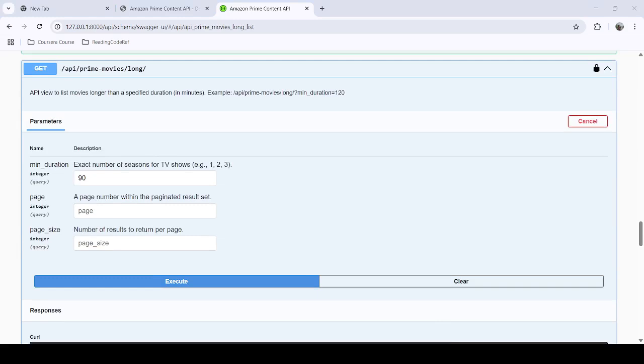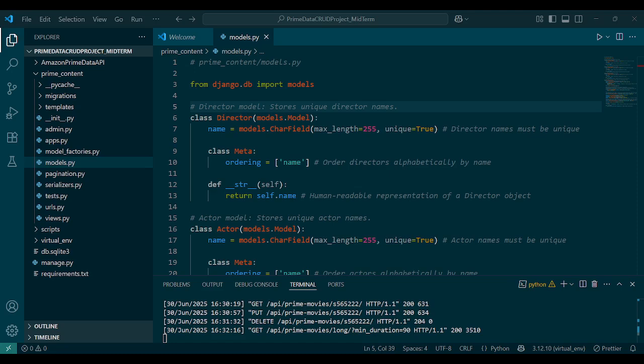So let's talk about my chosen dataset and why. I selected the Amazon Prime Video dataset due to its rich and interconnected metadata, which naturally supports a relational database model. This structure enables the definition of clear relationships between content, writers, actors, and genres, reflecting real-world user behavior such as searching for movies or television shows by genre or favorite actors. This design enhances search flexibility and aligns the API with user expectations for intuitive navigation.